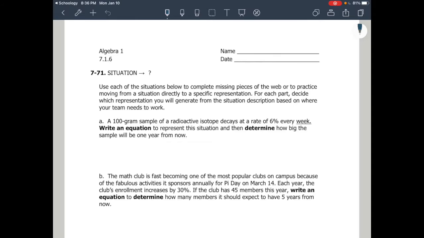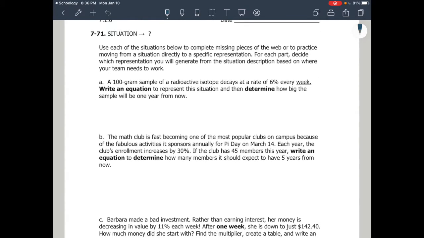We're on lesson 7.1.6, question 71. It says "situation to question mark." It says use each of the situations below to complete missing pieces of the web or to practice moving from a situation directly to a specific